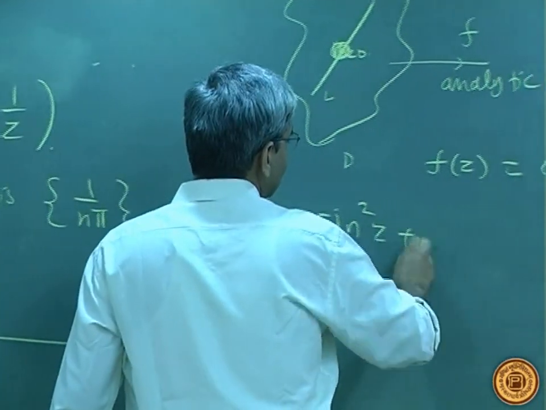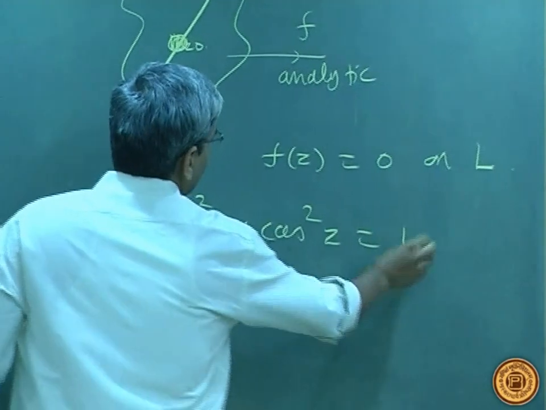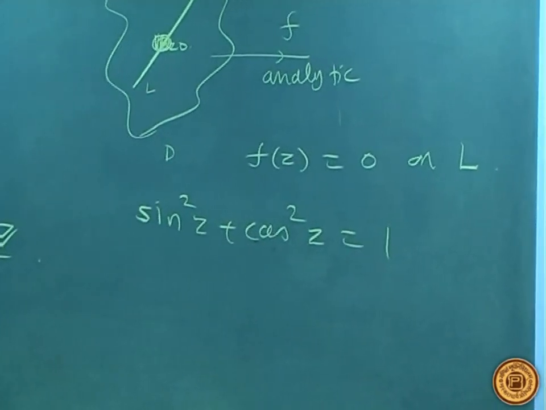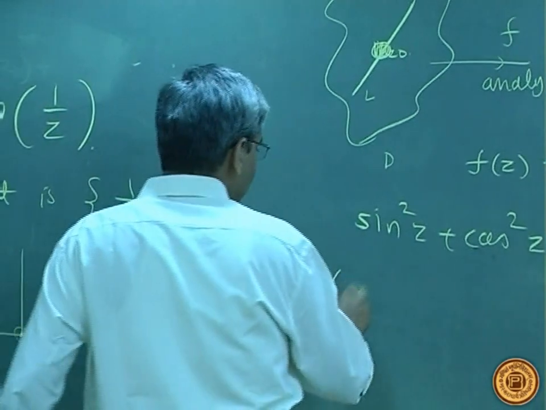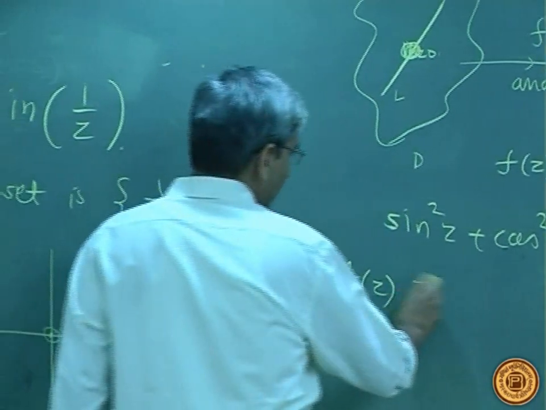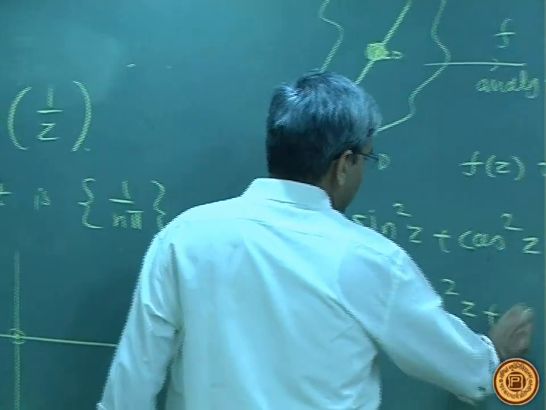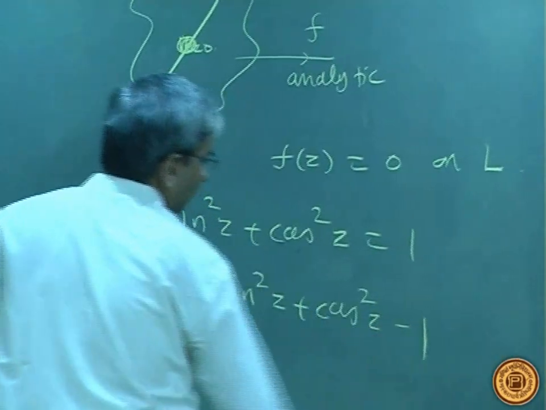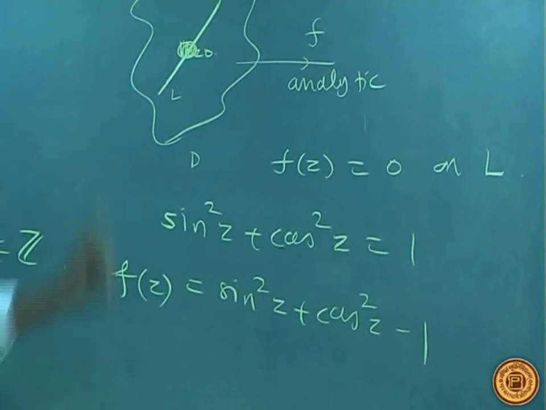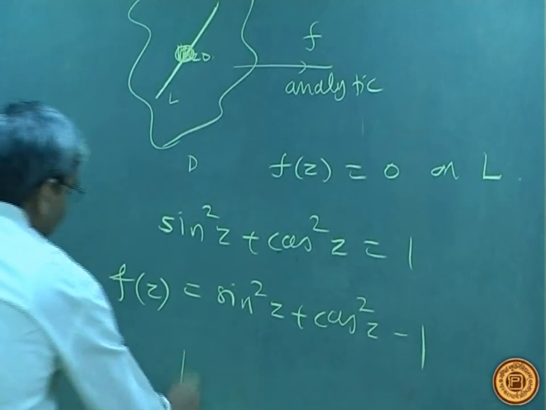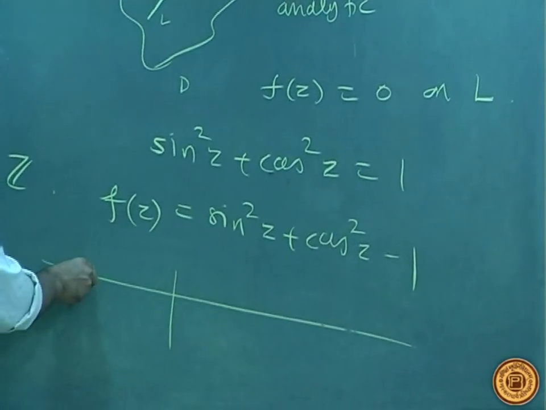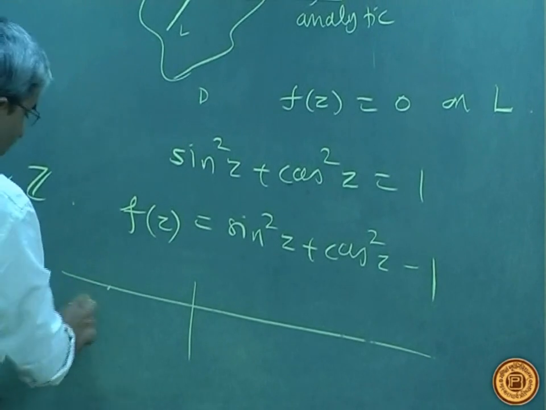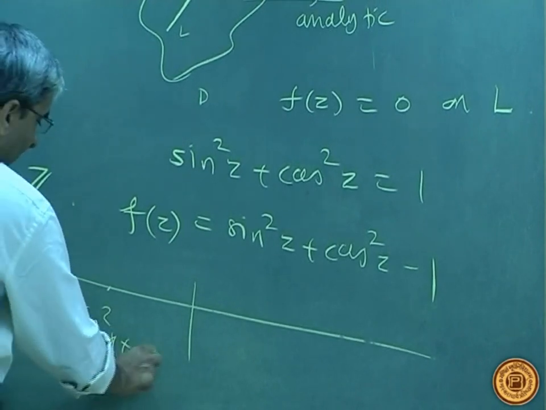A simple application is that suppose you want to prove that sin²z + cos²z is 1. We have already done this by some other method, but now you can apply this theorem. Consider the function f(z) = sin²z + cos²z − 1. Now we know the identity for real x. So for all real numbers x, which are now looked upon as complex numbers, you already have sin²x + cos²x = 1. Suppose you have